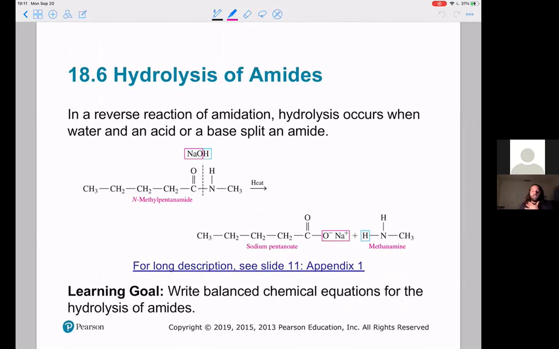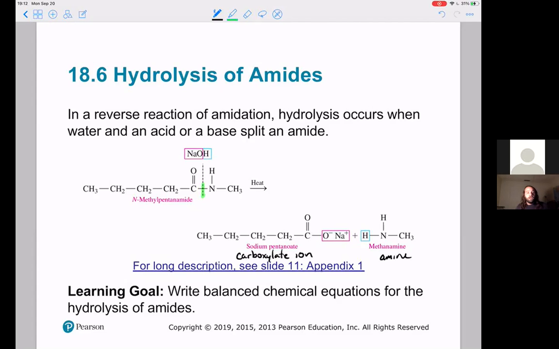Okay, in terms of hydrolysis of amides, right? We talked about how you can form amides from carboxylic acids. Now we can go the other way, which is to break an amide up. This can happen either as a base catalyzed reaction. So using NaOH and heat, we can cleave, and notice where it does cut. It cuts between the nitrogen and the carbonyl carbon, right? So we're breaking it back up into our carboxylic acid. In the presence of a base, it would actually form the carboxylate ion and our amine,